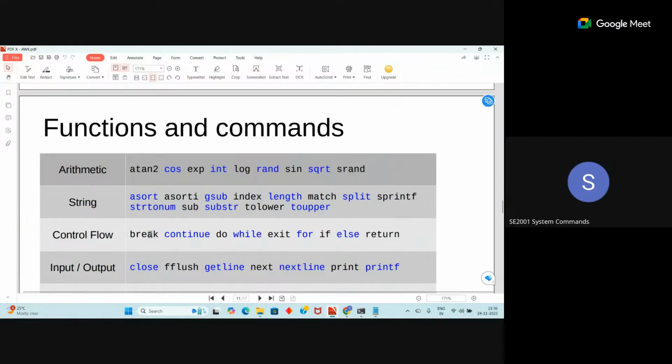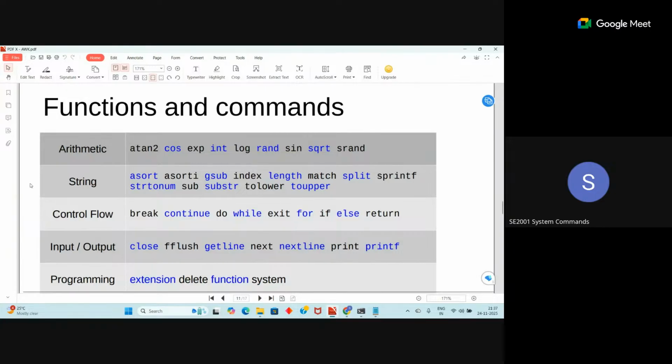And for control flow, we can use break and continue. To come out of the loop, we can use break. To bypass the current iteration, we can use continue. And you even have do while loop, exit statement, for loop, if condition, if else, return. All these controls you can use. And for reading the input and for the output, we have so many functions. So till now we are using